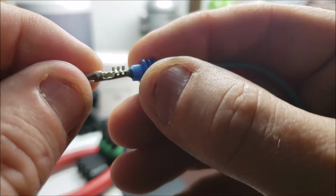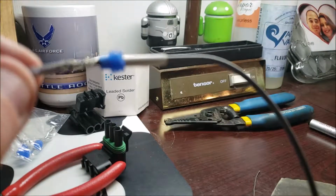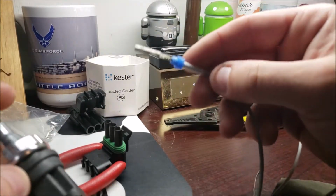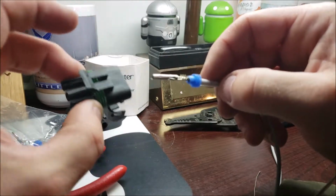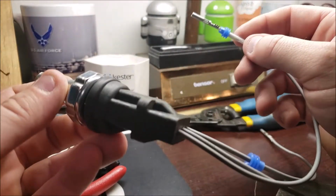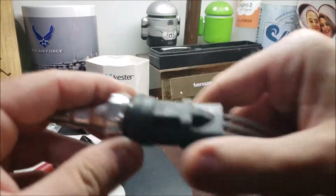And I think what I'm going to do, I'm going to try popping one of these in. Actually, let me just pause because I want to make sure I pop it into the right... that's what I wanted to show you. The main reason I'm doing this is because I want a quick disconnect, because where this oil pressure sensor is located on my vehicle, it's not easy to get to. And this harness fits